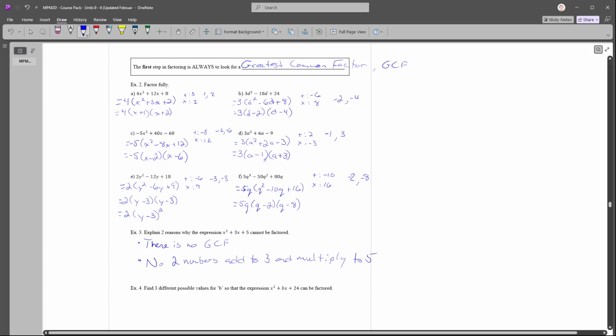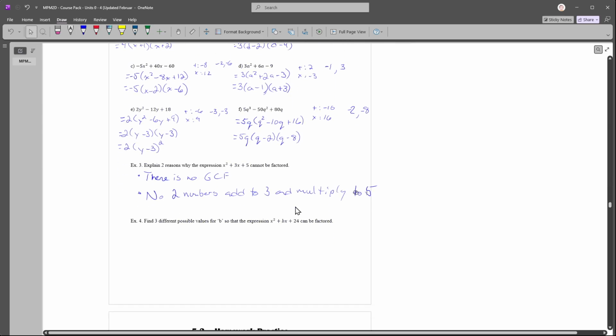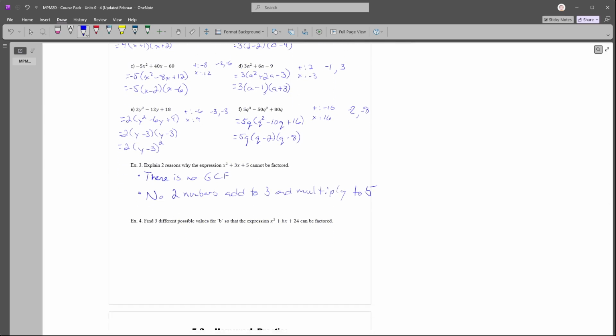Okay, one last little piece to the puzzle here. Example number 4. Find 3 different possible values for b so that the expression x squared plus bx plus 24 can be factored. Now, this again is somewhere in between a knowledge and a thinking question, where you have to understand the rules to actually factor this simple trinomial in order to answer this. But you have to be clever enough to understand what is possible. So what are we looking for? We know that to factor this, because it's a simple trinomial, we have to have two numbers that multiply to